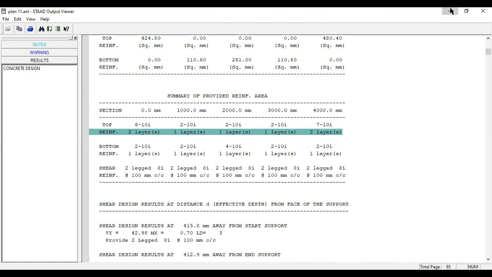We need to create one table. It's your beam. Here you need 6 bars as a top reinforcement, 2 bars, 2, 2 and 7.